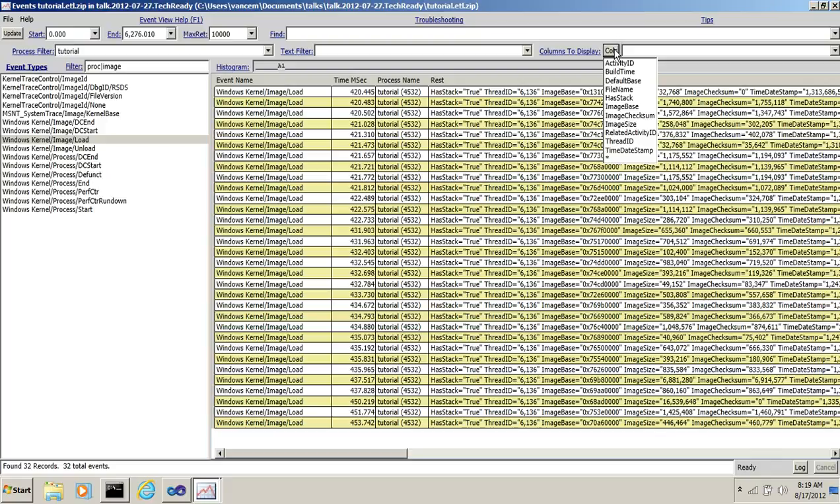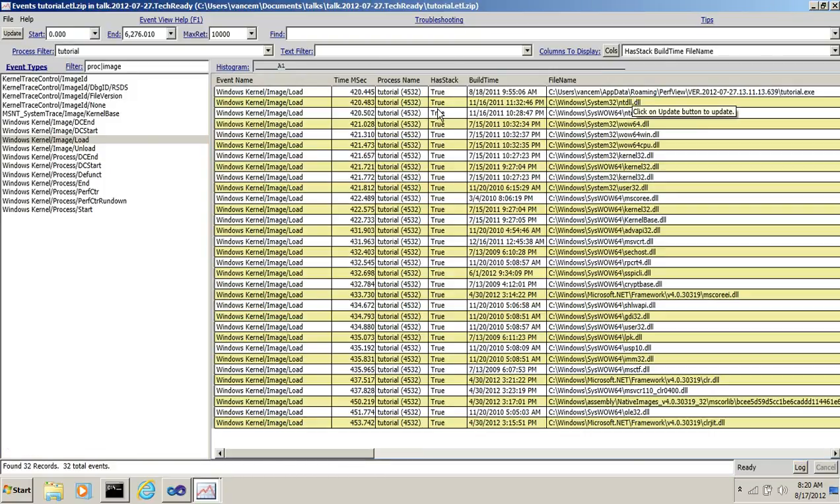When you click on the columns button, it will display all the fields of all the event names that you've selected. And so then you can click on the columns that you're interested in, and here order matters. So I'm going to click on the has stack, the build time, and the file name field, and hit enter. And you see now I only get the has stack, build time, and file name fields of those events. So I can whittle down to the exact fields that I'm interested in,